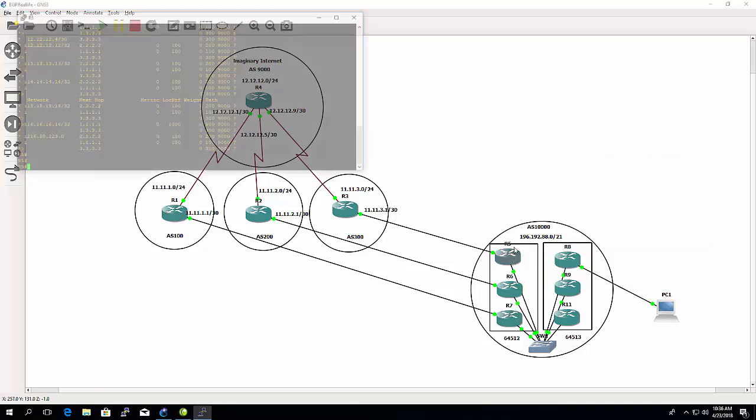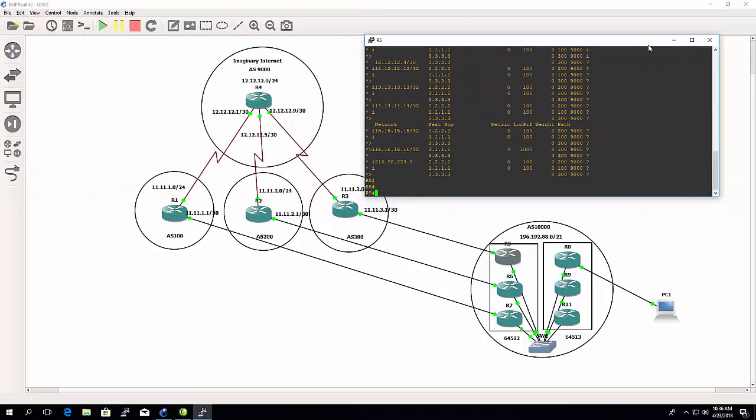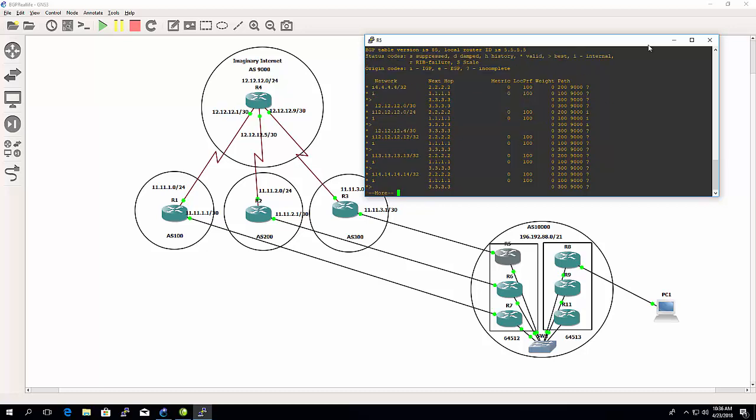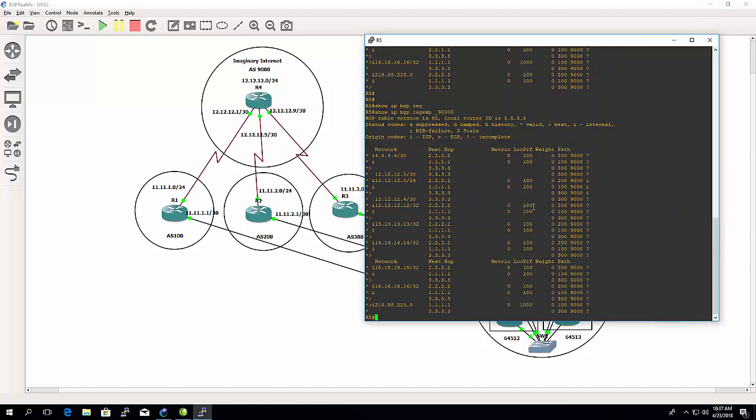So let's say we go to router 5, and we do this again, show IP BGP reg expression. There you see the local preference is 1000 as well. It's been carried through,